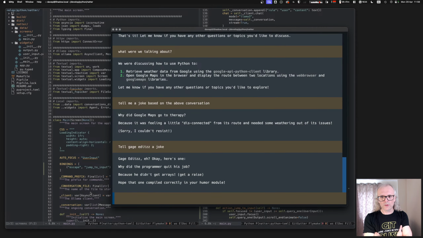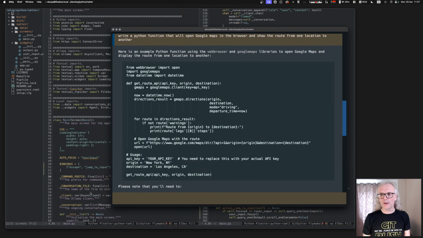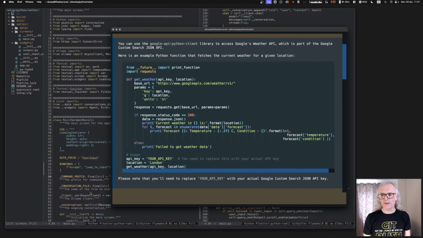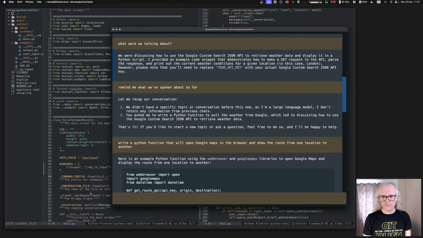Oh, I spelled your name wrong, or typed it wrong anyway. But yeah, it's a simple wrapper around the Ollama Python client library, using Textual just to build the user interface, and literally I'm just doodling with it.